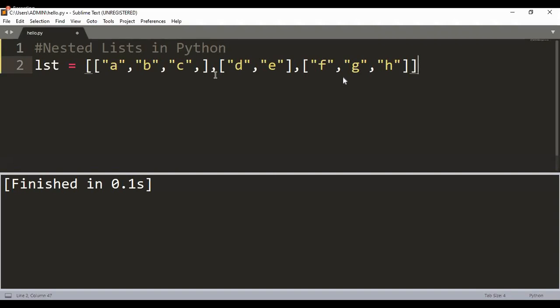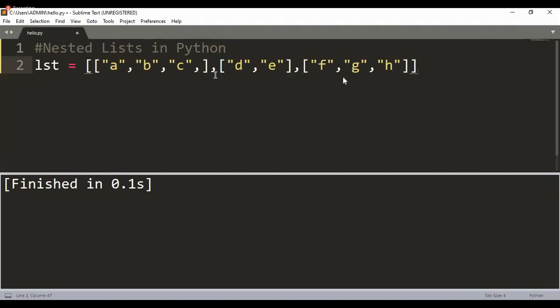100%. If you look at it from an overview, you will see that the list called LST contains just 3 elements, which internally happen to be lists. The very first, the 0th index element in my list called LST, is another list.